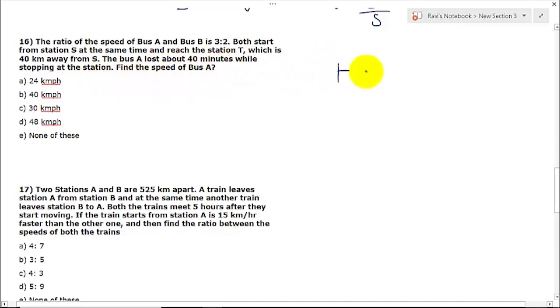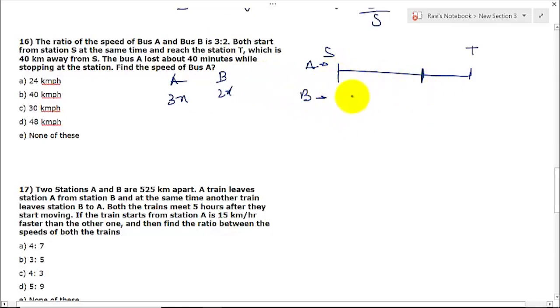Let us explain with a diagram. Ratio of A and B they have given you. Let us assume it to be 3x and 2x. Both start from station S. A is starting from here and B is also starting from here. Both start from station S at the same time and reach station T, they are also reaching at the same time, but the bus lost 40 minutes while stopping. Bus B stopped somewhere because bus A, whose speed is also more, so it is stopped for 40 minutes. So in order to make up this, the difference of their time would be 40 minutes,